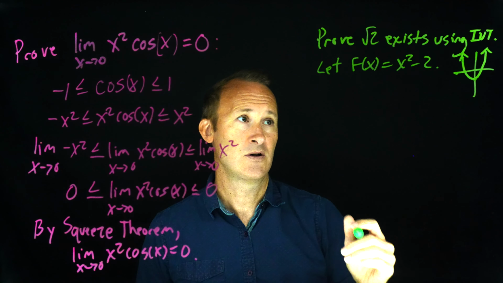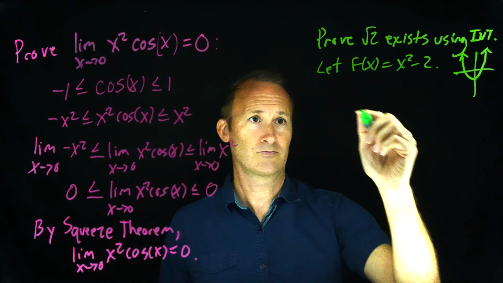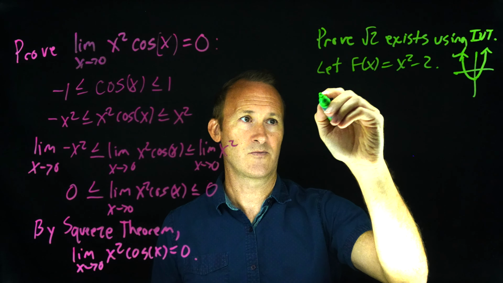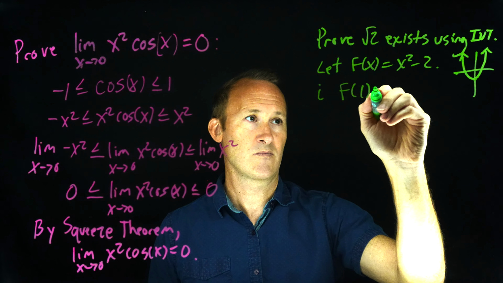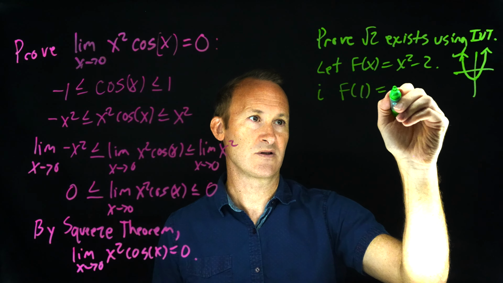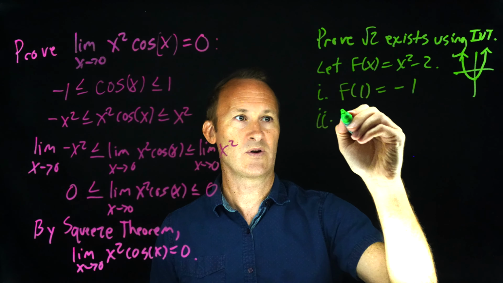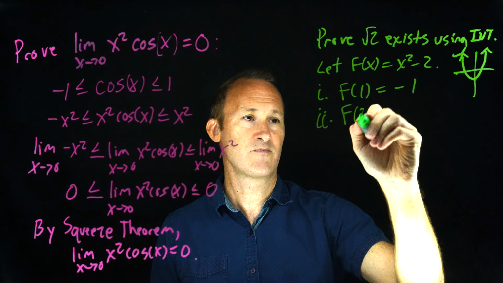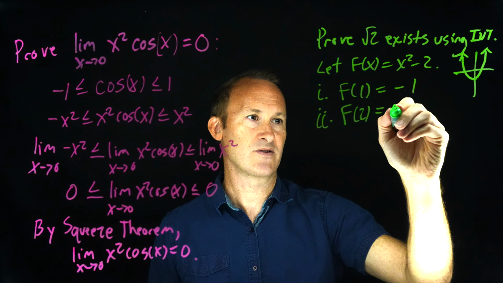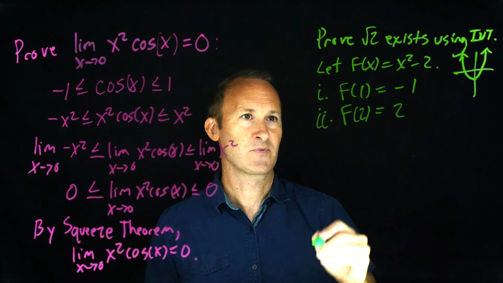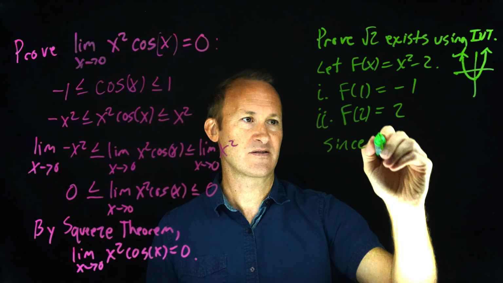Let's do our steps. Step 1, let's take f of 1 equals 1 squared, which is 1, minus 2 is negative 1. Then step 2, we've got f of 2, because we want to get a positive value now. We get 2 squared, 4, minus 2 is 2. Now you always have to say it's continuous, so since f is continuous,